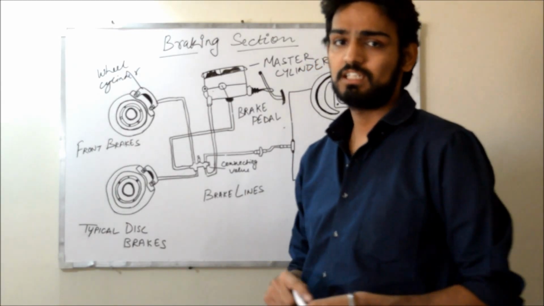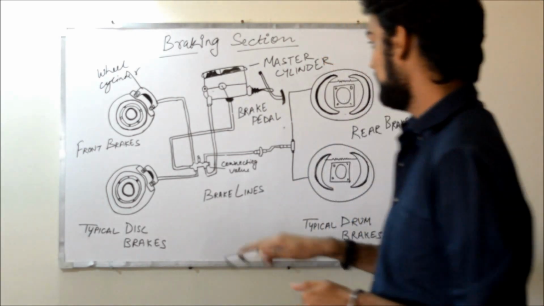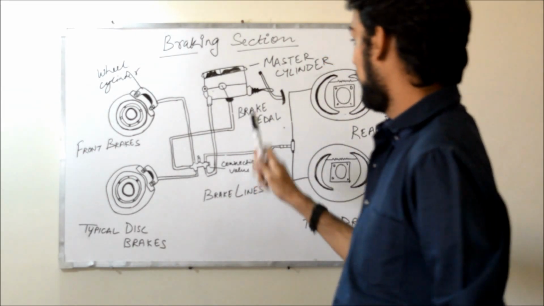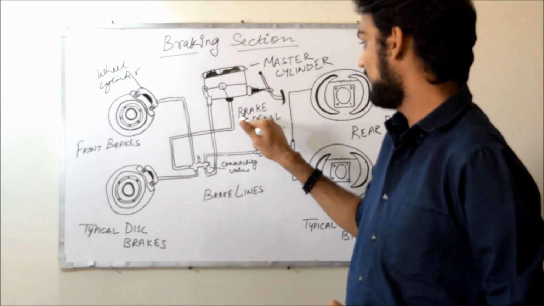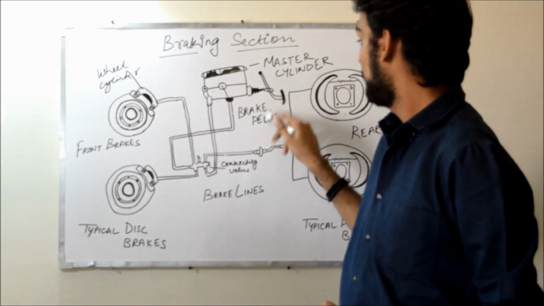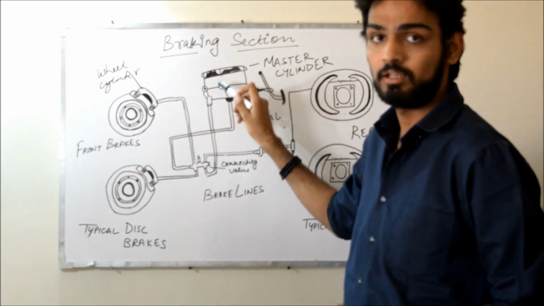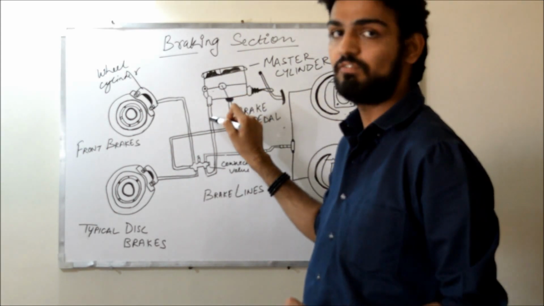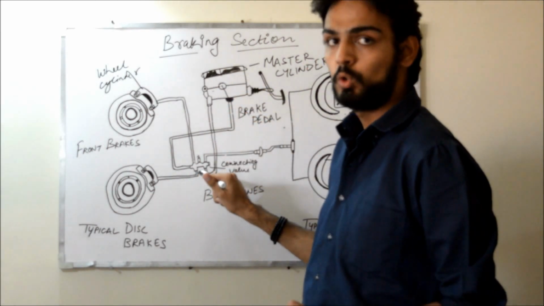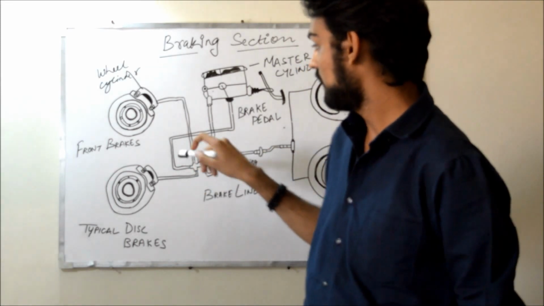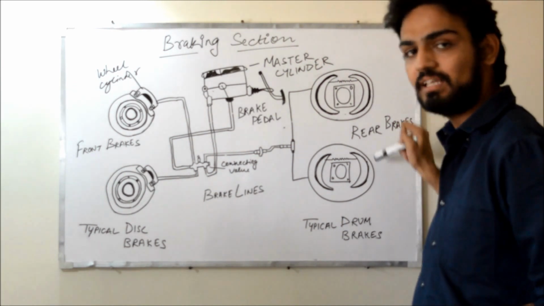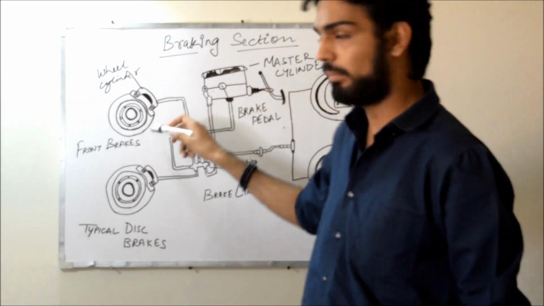Now I am going to discuss how brakes are applied. This is the braking section, and we will start how brakes are applied. Okay. So as soon as brakes are applied through the pedal, pressure is generated in this master cylinder. So this releases a fluid to this connecting wall, which distributes the fluid in all the braking lines. Now we have used rear brakes as drum brakes and the front brakes as disc brakes.